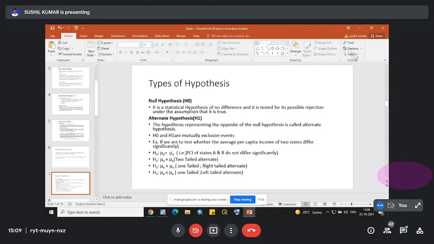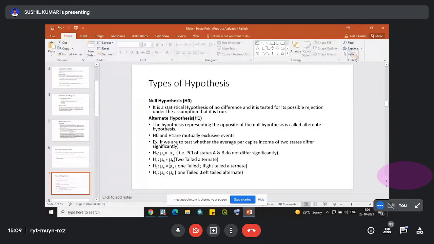Now when we test the alternate hypothesis, there can be three alternate hypotheses. Either we can do a two-tailed test, where we don't know whether the per capita income of Uttarakhand or Delhi is greater, or we start with the assumption that the per capita income of one state is more than the other.